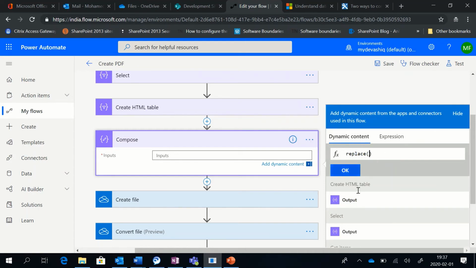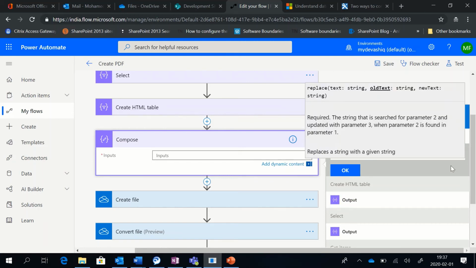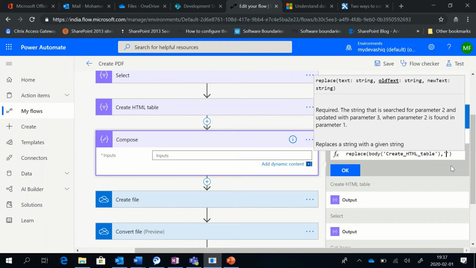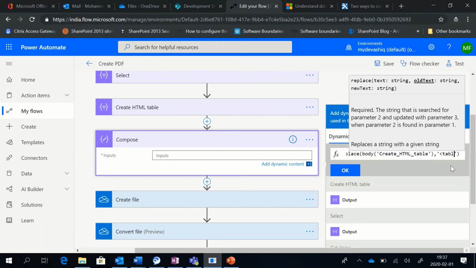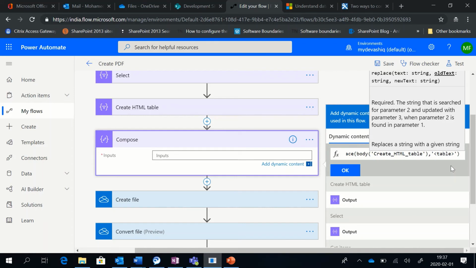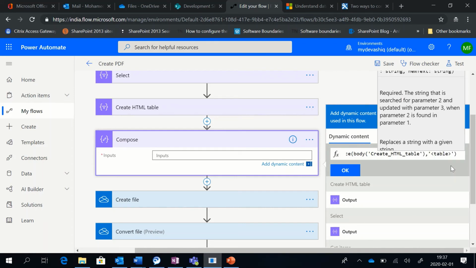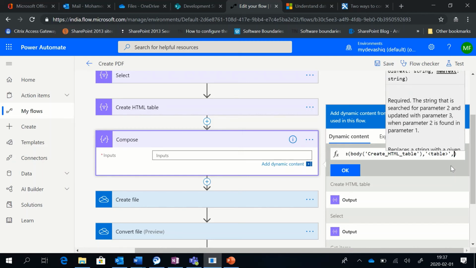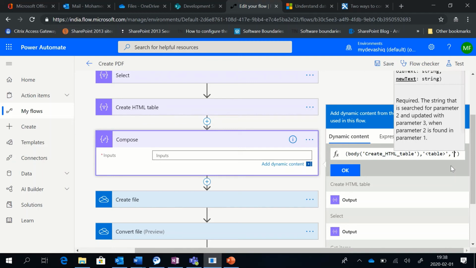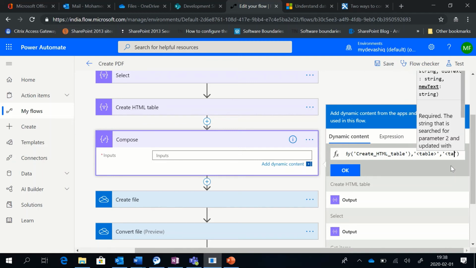Let's go to the dynamic content, select this output, and now we'll have to replace table with the table which is also going to have the border and background color, comma, let's add the single quote, table